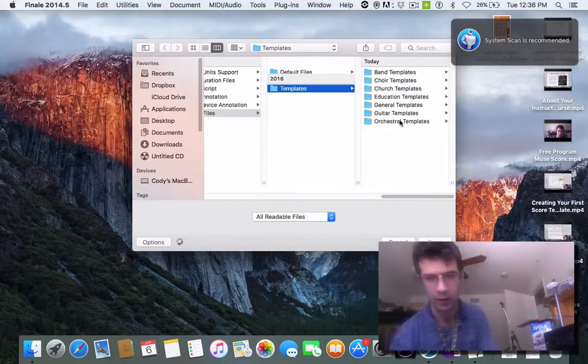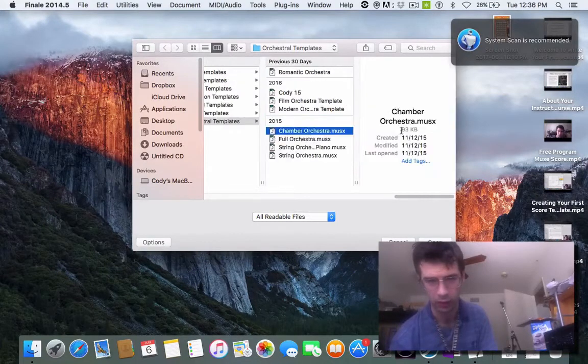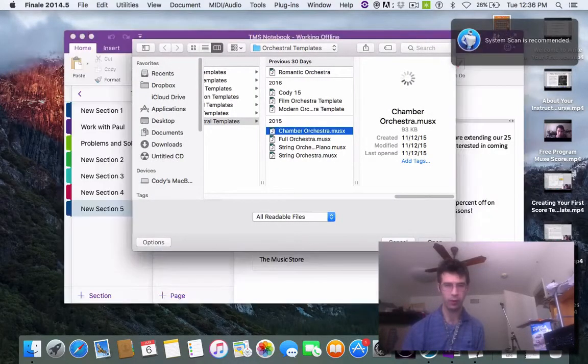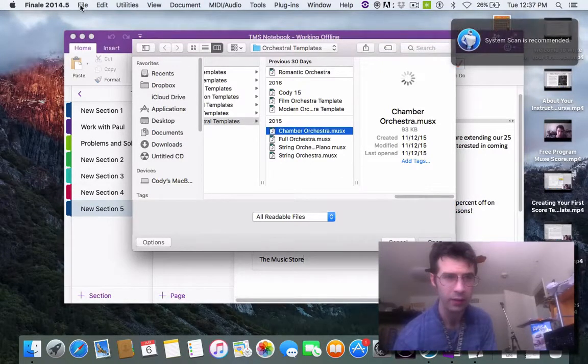Okay, so we're going to pick orchestra template since that's one of my favorites. We're going to do chamber orchestra since it's a small orchestra. We're going to click open. And one of the things that you need to make sure is that your MIDI device, your MIDI keyboard, since that's what we're using, is hooked up to your computer already. If there's drivers that you have to configure, then please configure those before doing this. And we're waiting for the window to come up. So while we're waiting on that,